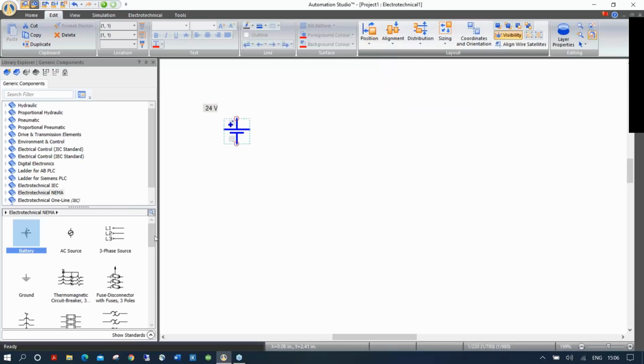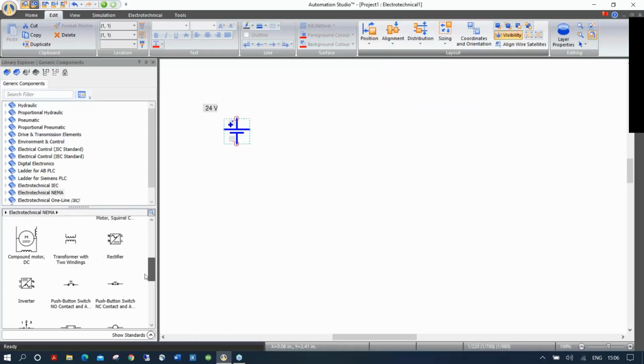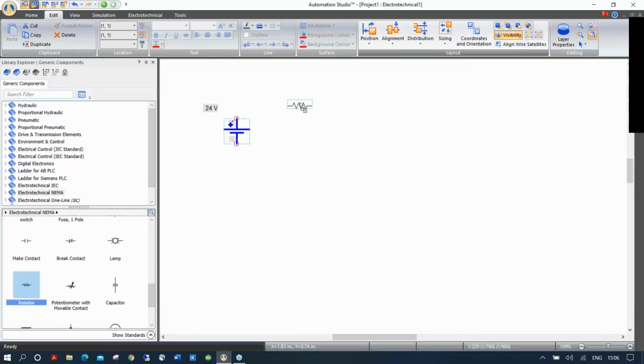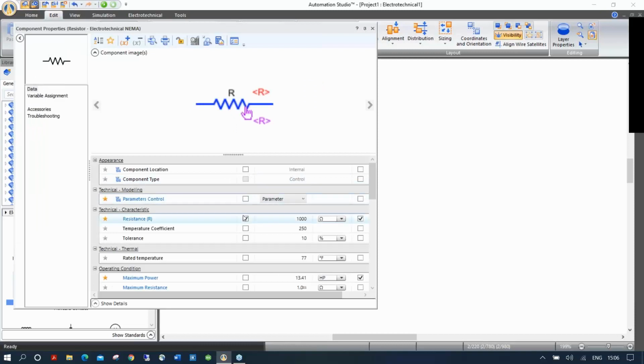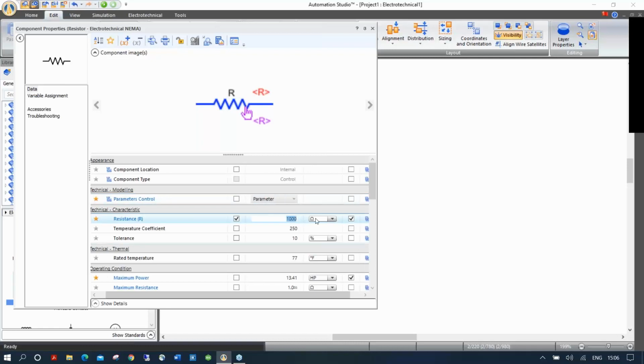Now I'm going to drag and drop a resistor. Okay, like that here. And then I can put any value I want. By default, it's 1,000 ohm, 1 kilo ohm, okay? But if, for example, you double click on it, you can change the value of this resistor, okay? So let's say I'm going to put, for example, 200 ohm, okay? And then when I close, you see now it's